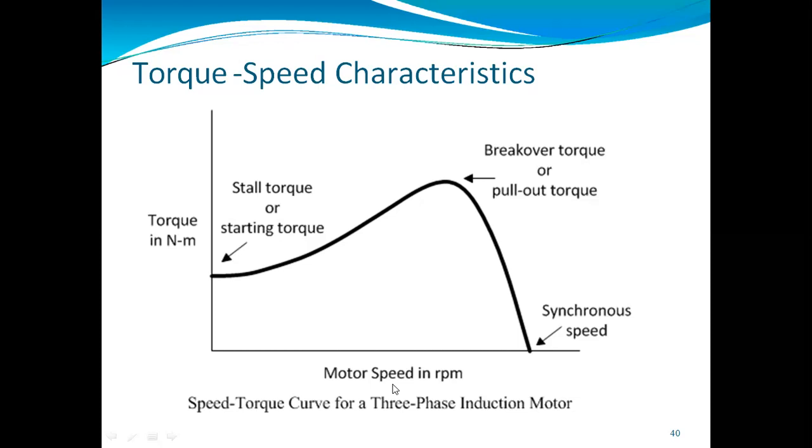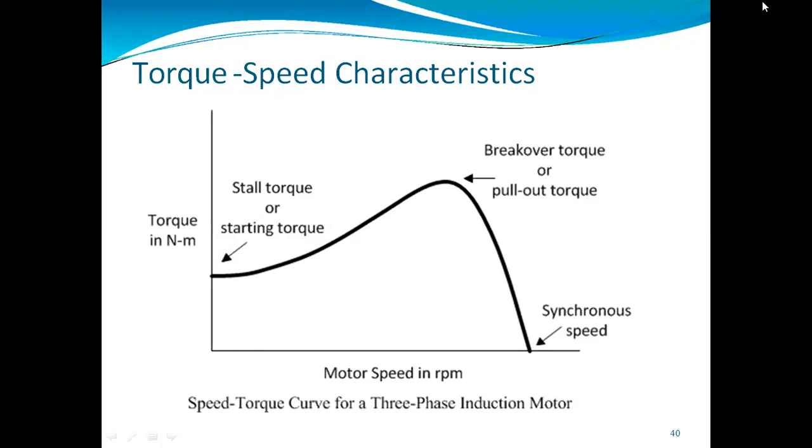Then we saw that there are two types of three-phase induction motor: the squirrel cage induction motor and the slip ring induction motor. If we require a higher amount of starting torque, we can use the slip ring induction motor, because the squirrel cage induction motor has a low value of starting torque. But the construction of the slip ring induction motor is quite complicated compared to the squirrel cage, because there is a necessity of slip rings as well as brushes.